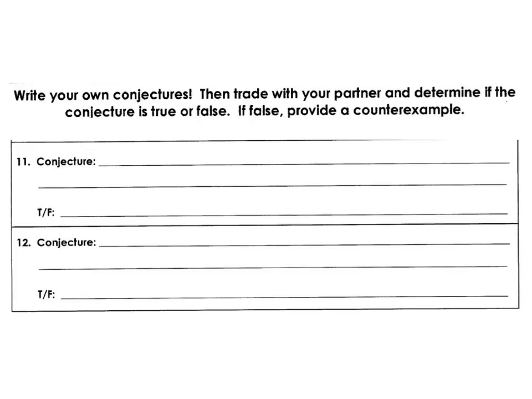So write 2 conjectures, and then when you're done, look for somebody at your pod or nearby who is also done and that you can trade with. Determine if their conjectures are true or false, and if they're false, provide a counterexample. Then trade back and check what your neighbor or your friend did and see if they're right, because you are the one who created these conjectures, so you know the right answers. Just a little bit of practice and you can do something that interests you. It doesn't have to be about math. So once you've done this,